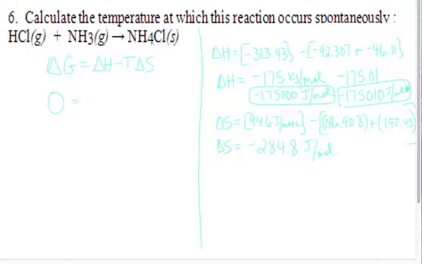Yes. All right. So now we can go ahead. We have our H and our S. We're going to plug them into this equation. Delta G is equal to negative 175,010 joules per mole minus temperature, which is what we're looking for, times our delta S, negative 284.8. And this is going to give us the value of